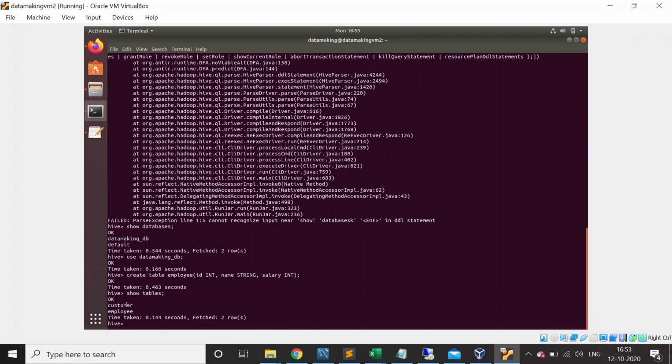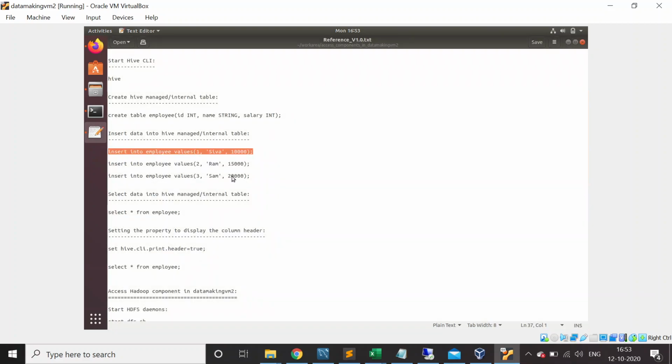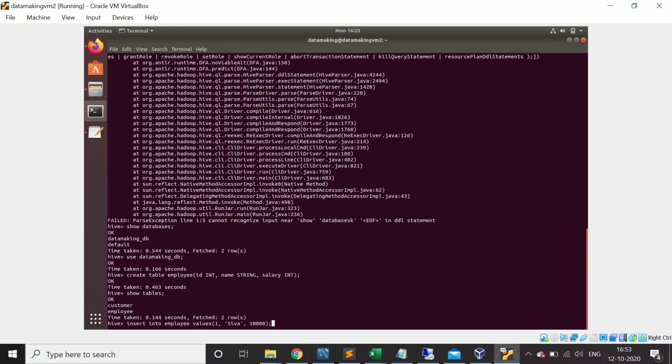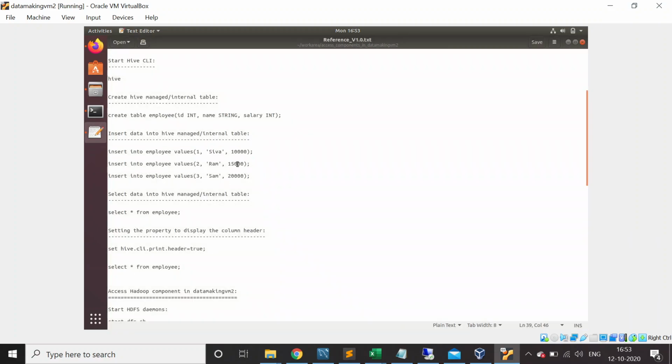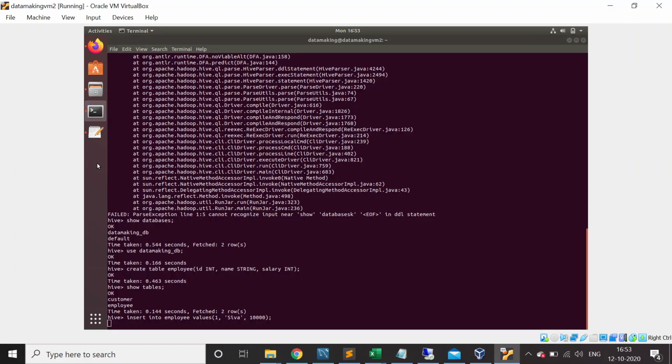Already the customer table is there. Now we created an employee table, so I'll insert a few records there. I'm inserting this, and then it is going to launch the job to insert the data into the table. Basically this is one way of inserting data into a Hive table.